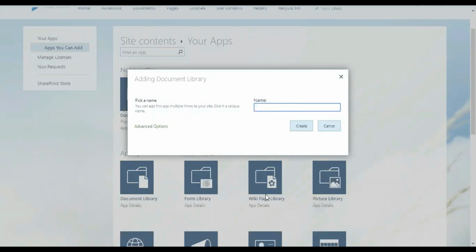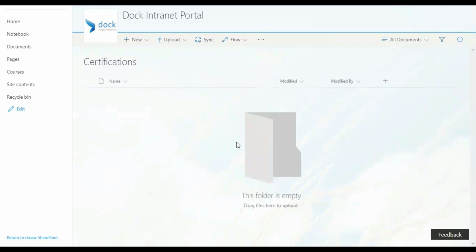All right, so let's give it a name, call it certifications. I'm going to create this document library. Here I am with the certifications document library. Before I proceed, I'm just going to add a couple of columns or fields. As you see here on my screen on the right hand side, you can click on the plus button,